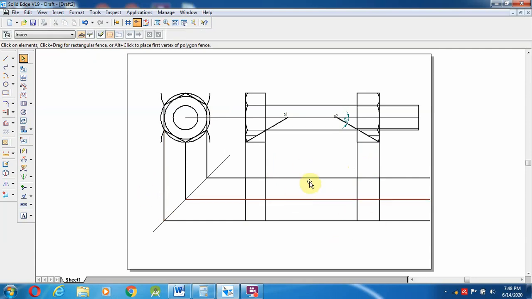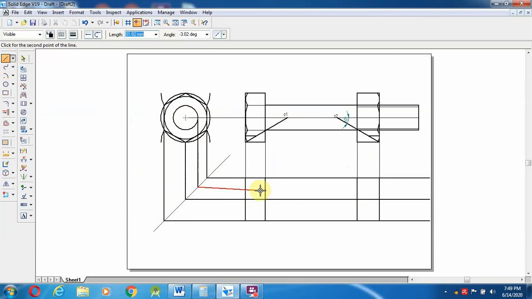Okay, so now these lines are not required, even though I am going to keep them. So again one more line. So from this circle going to draw from here to here, and from here up to this line. So this has a diameter of 24 mm.